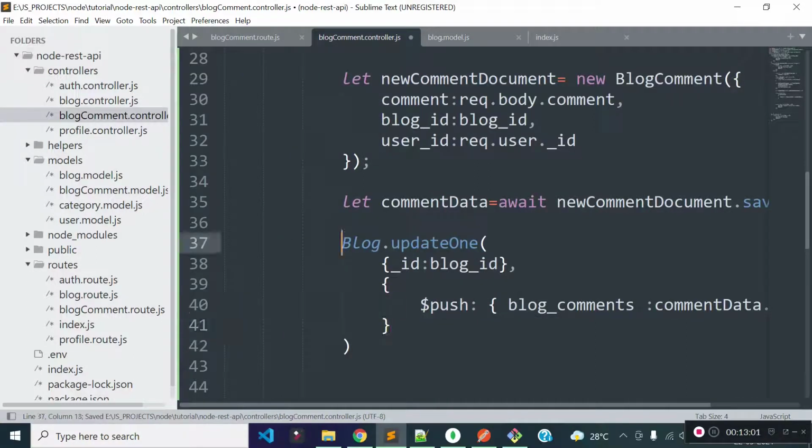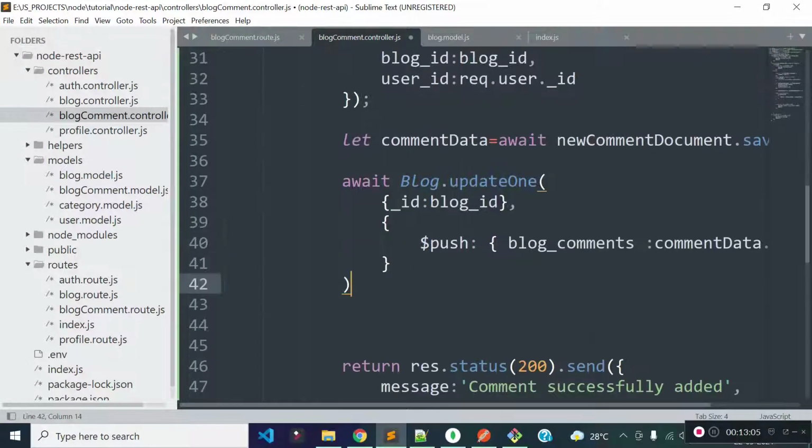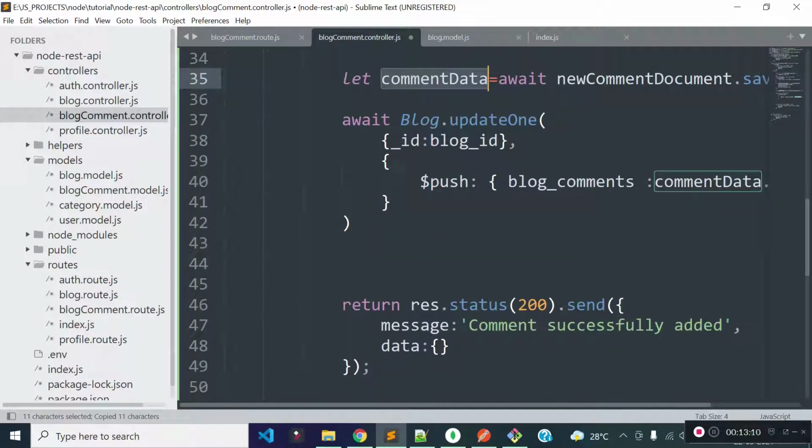So I'll use await here, and after updating the blog data, I'll return a JSON response with the message comment successfully added, and I'll return the newly created comment data from this JSON response.